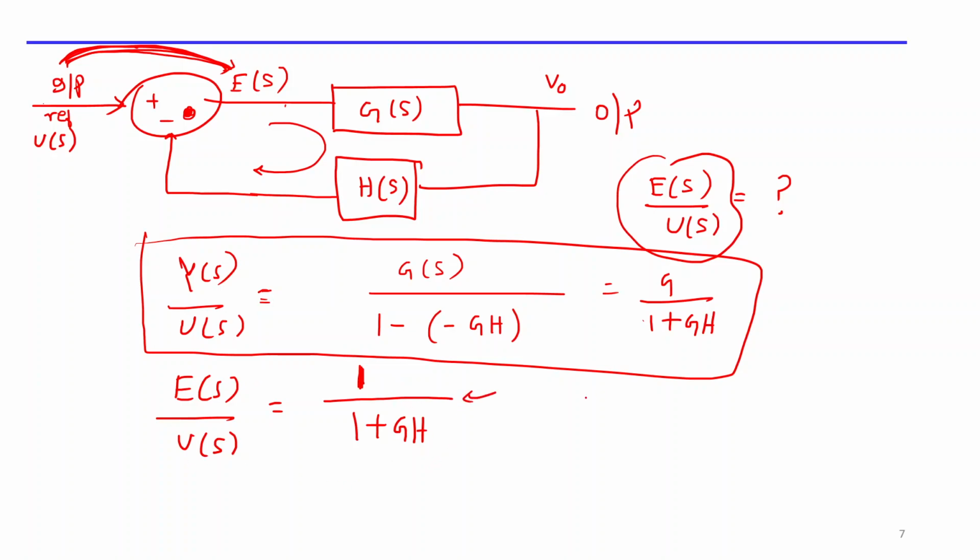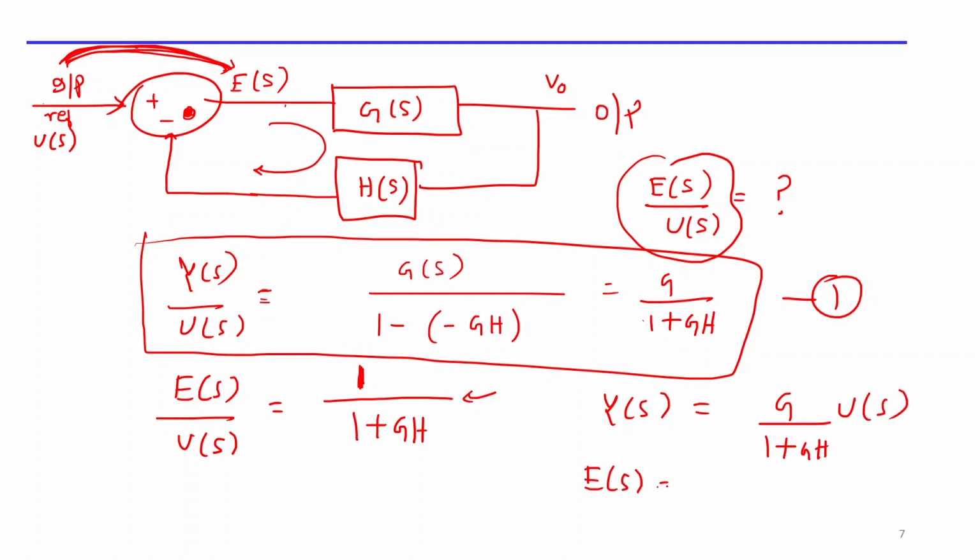This is a very well known formula, and you can find it directly. But suppose you want to find it indirectly, then what do you do? After writing the first equation, you find Y of S. Y of S is nothing but G divided by 1 plus GH into E of S. Then E of S is how much? E of S is this input minus the output Y of S